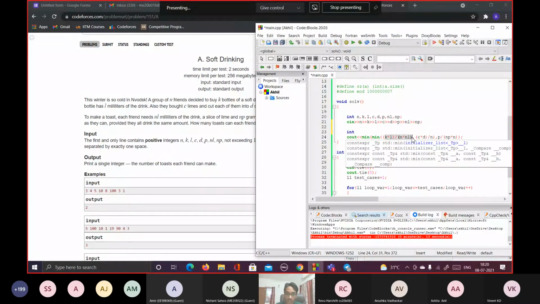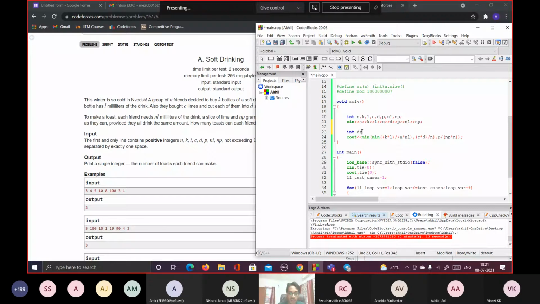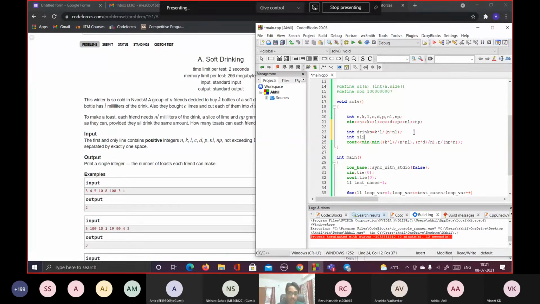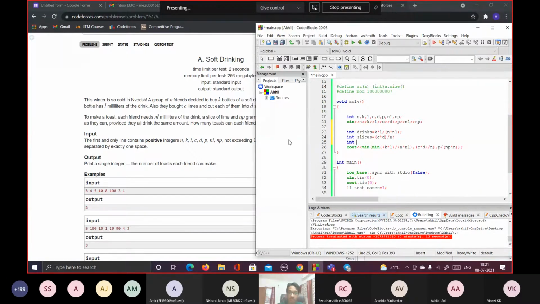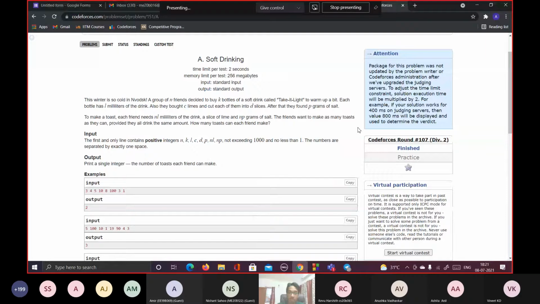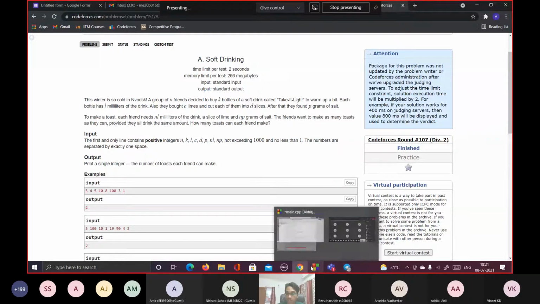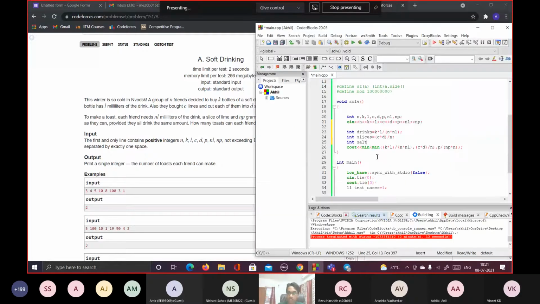Let's say this is the drinks, so I'll write int drinks, which is going to be this integer, and slices as another variable, and the last one was salt. So I'll write int salt is this part.